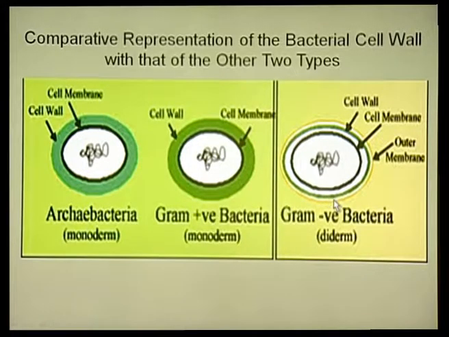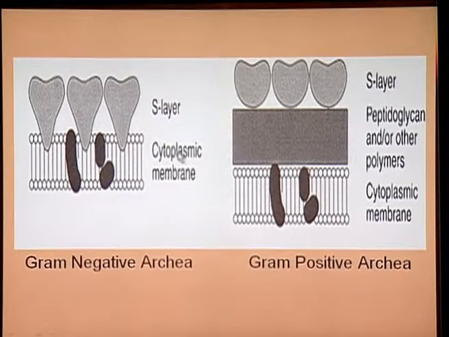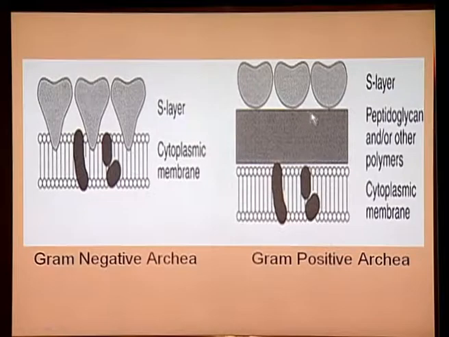Though at the same time, considering the different structural components, we can actually say that the archibacteria is much closer to gram negative rather than gram positive, because they do not have true murein, they have pseudomurein structure, because they lack the N-acetyl muramic acid and also they lack the D amino acid in the tetrapeptide. You can see in this slide that in gram negative bacteria there is the S layer, outer membrane, peptidoglycan and cytoplasmic membrane. Similarly, in archibacteria there is the cytoplasmic membrane and the S layer, but truly there is no intermediate peptidoglycan, whereas in gram positive you can see a well defined peptidoglycan layer.